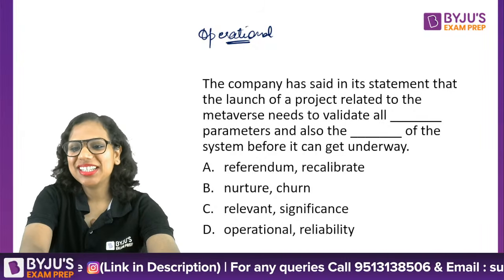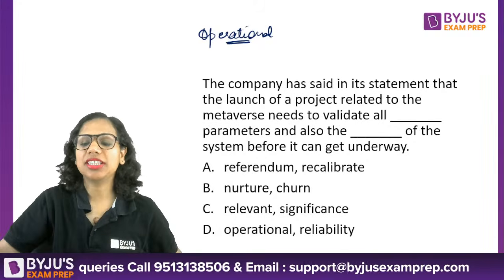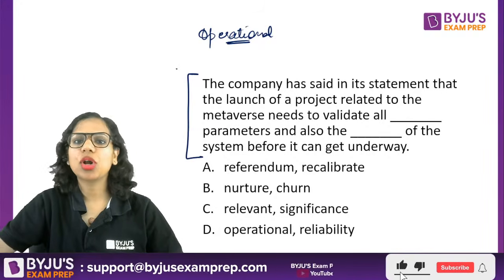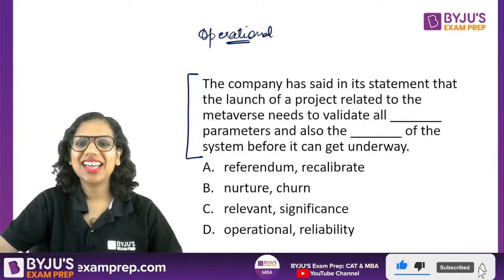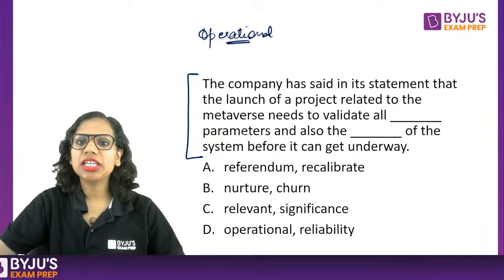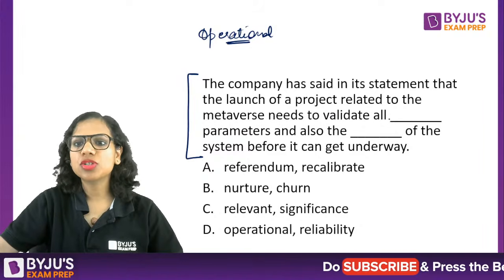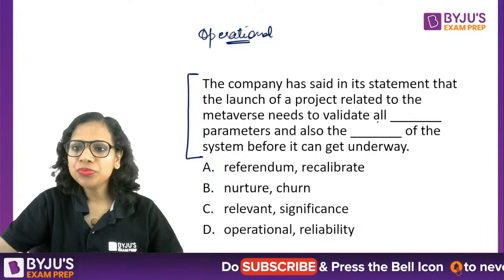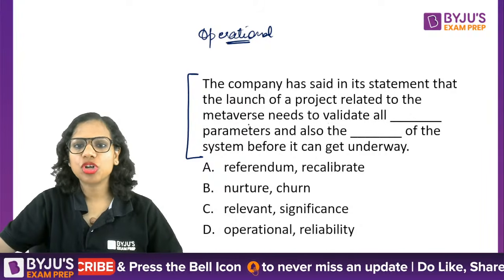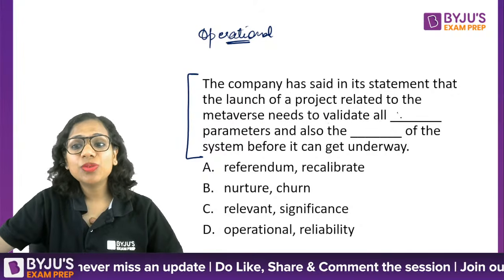Now, C and D. Some of you are saying C and D. The answer is C, not D. I'll tell you why. You had to understand the context here. That's why I gave you 40 seconds. The company has said in its statement that the launch of a project related to the metaverse needs to first validate, confirm all dash parameters. So we will launch this project once we have validated all the relevant parameters,